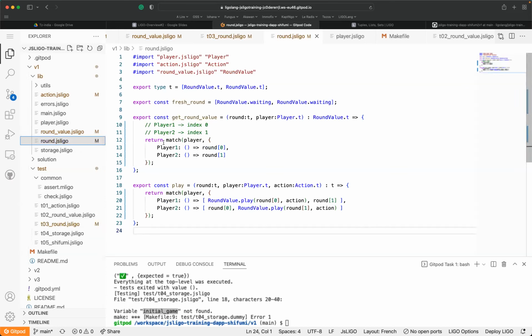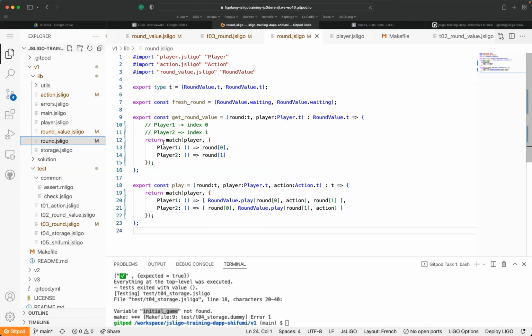So right now we have defined what a round is, a current game, what a round value is, which is the state for a given player. So are we waiting for player two? Are we waiting for a player, or did the player already play?